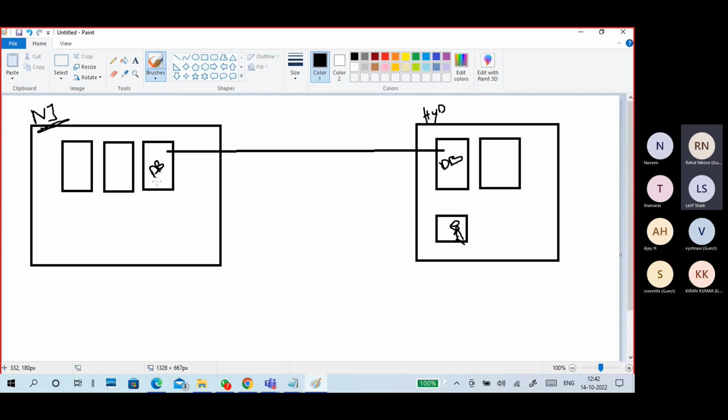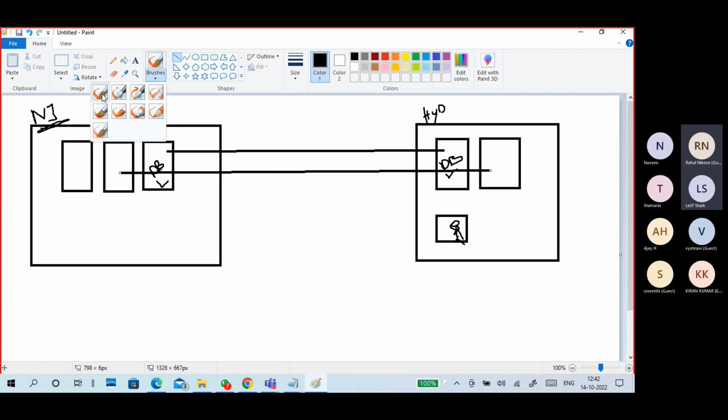Whatever data is here should be replicated here. So I want to maintain the same data in both places. Or maybe I want to connect this server to this server. For example, this is some kind of web application server. Both should maintain the same data.